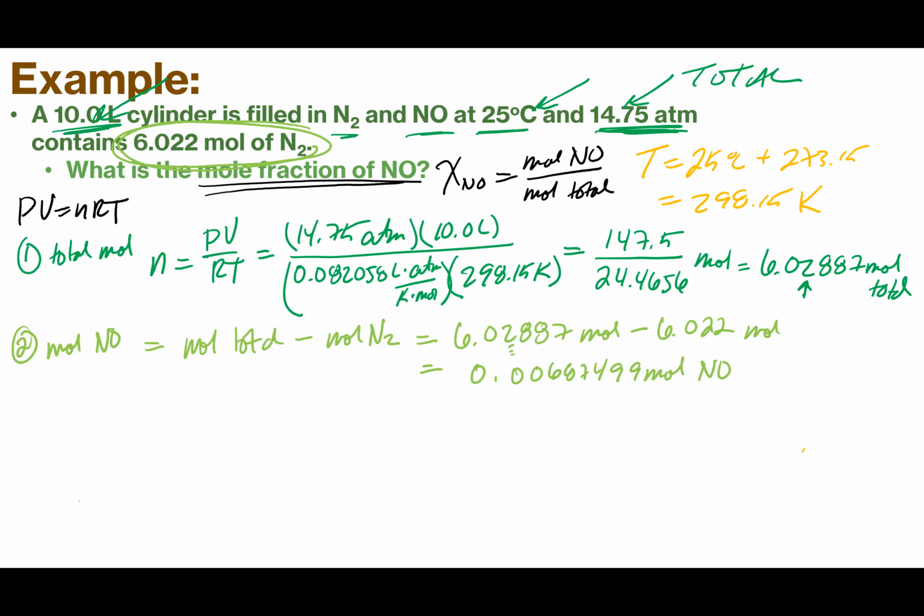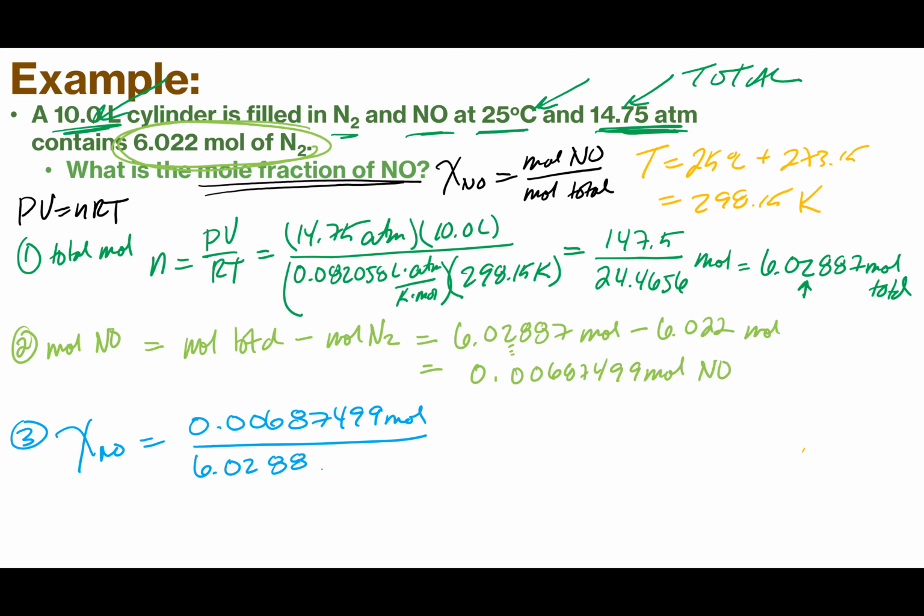All right, then where we are now, we did that. We're going to do 3. We're going to get our mole fraction. Our mole fraction of NO is moles of NO, which we just figured out, 0.006874999 moles, divided by the total moles we found earlier, 6.02887 moles. Sorry, I zoned out for half a second there. Notice our moles divided by moles cancels out, so our mole fraction is not going to have a unit. Okay, this gives us